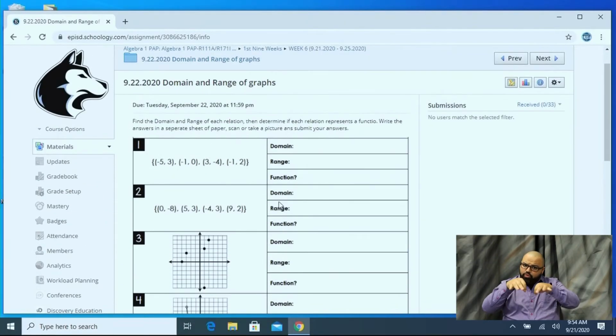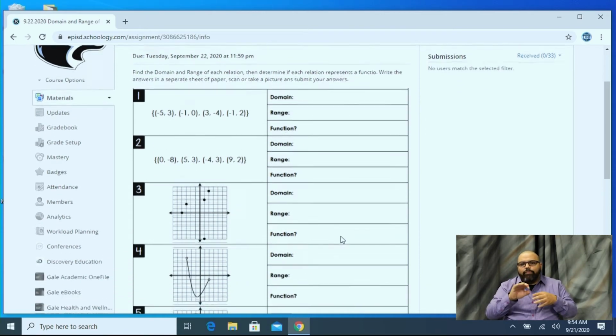They already know the different ways that they can submit their work. They would follow the instructions on Schoology. In this case, they're finding the domain and range of the functions and determining whether or not they are functions.